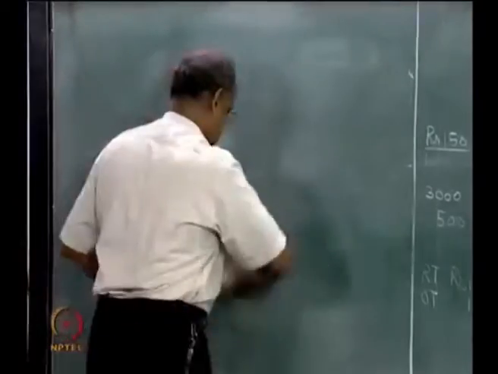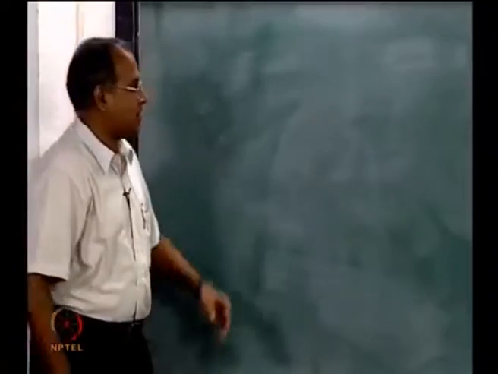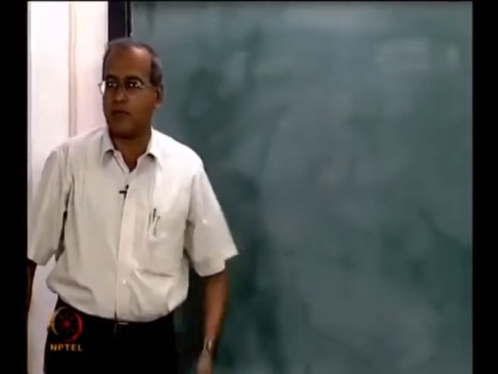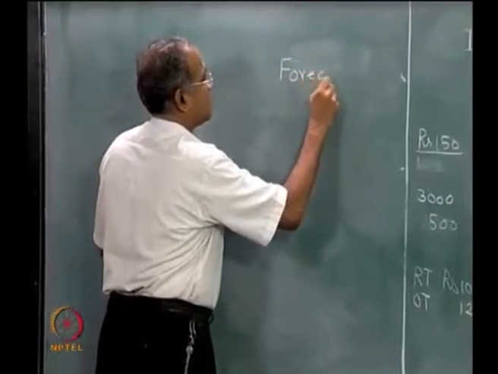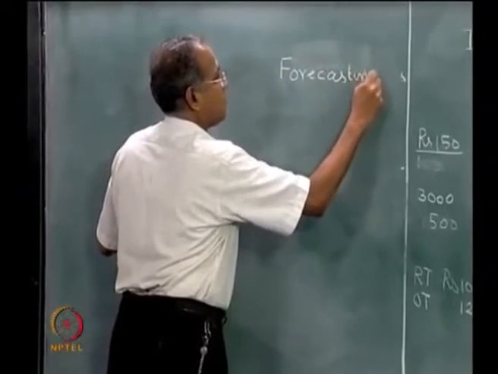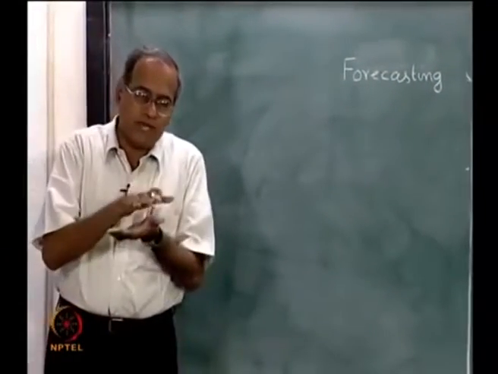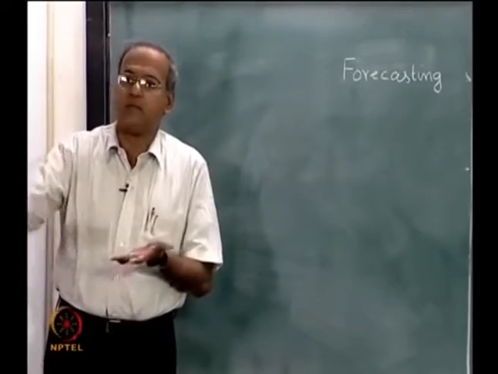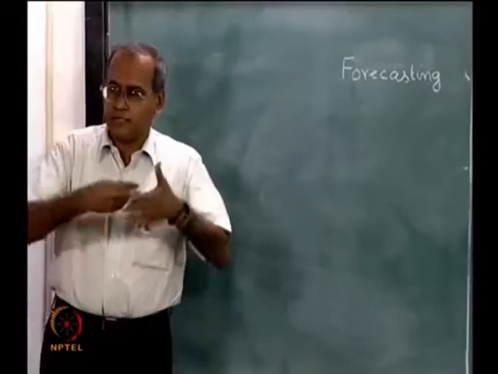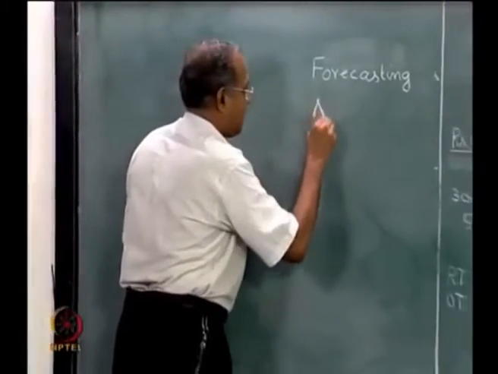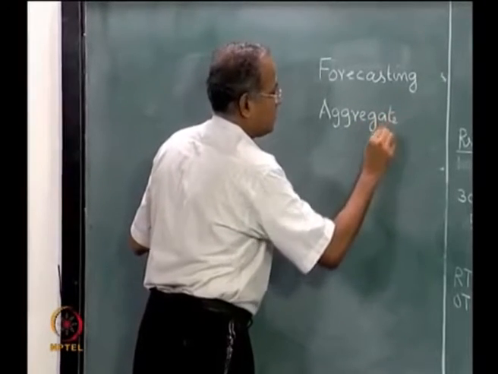So, if we go back to one of the earlier lectures where we looked at the various topics in production planning and control, we said we would start with forecasting, where we would look at forecast of the demand, where we answered the question how much is the demand that we have to produce and meet. Then we answered the next question in aggregate planning, where